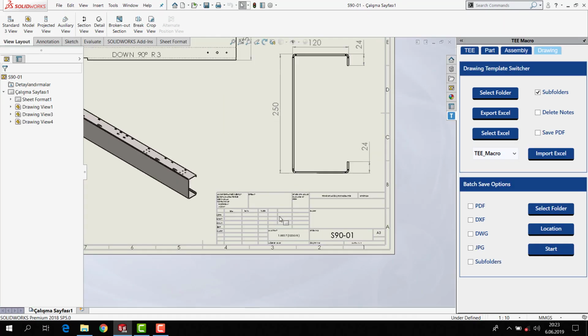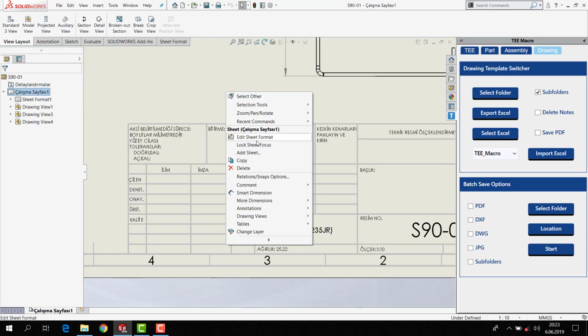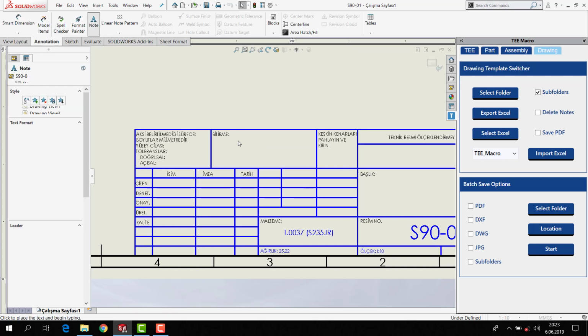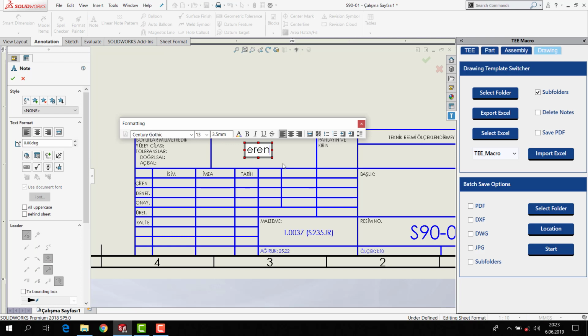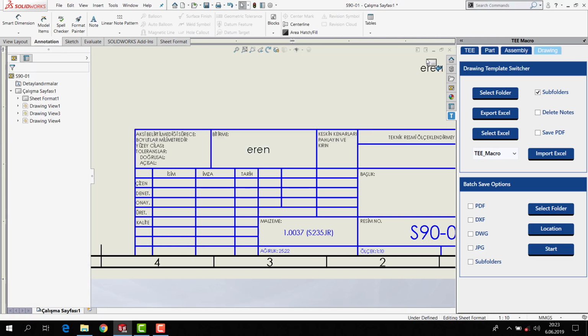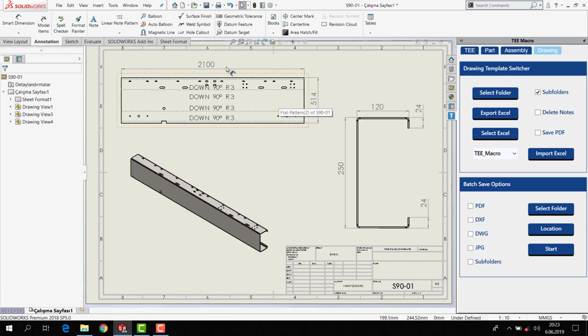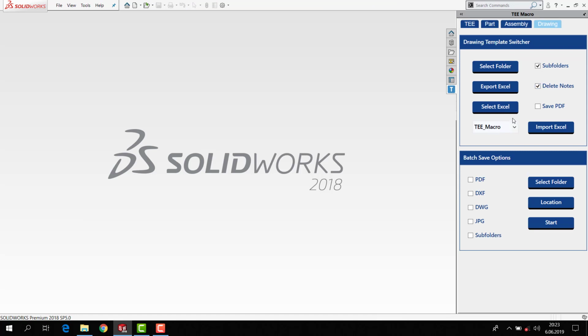Sometimes we add note, my name, okay, and save it. Run. You will see I add manually and I close it. If you want to delete them, you can delete notes and save PDF and click